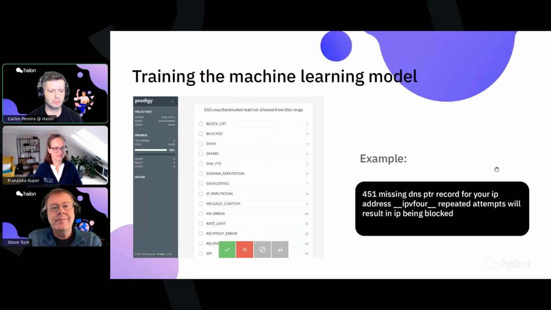So let's see how machine learning can help. Building the model is a lot of work. Maybe folks who collect build tools think that it's fun. It needs good input data to train the model. We use over 9,000 distinct bounce messages. We normalize the messages to keep the important features and remove all the noise. We use annotation tools like the one that we are showing here, Prodigy, that guide the process, but it's still a lot of manual work.